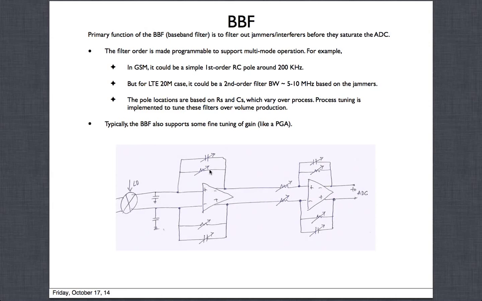The other thing I wanted to mention is these R's and C's that we're doing. These are also tunable over process corners. When you make an R, which is mostly a poly resistor, and the cap could be a MOS capacitor or a metal type capacitor like MOM caps or MIM caps, these will always vary over process. Caps could vary plus or minus 10%, 20%. Resistors could vary plus or minus 20%.